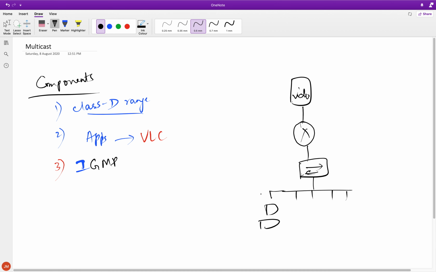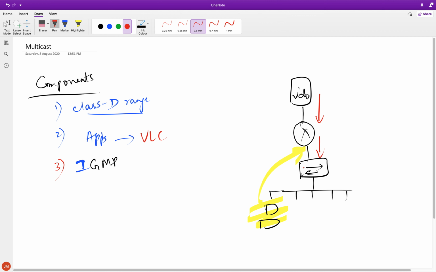Now we talked about IGMP protocol, where the client is telling the router that it wants to receive the multicast packet, which is good. But now imagine the multicast packet is coming down like this from the video server. From that it comes to the switch. Now the switch has to figure out where to forward the multicast packet. If you go back to your switching basics, how does a switch forward a packet? Based on MAC addresses,